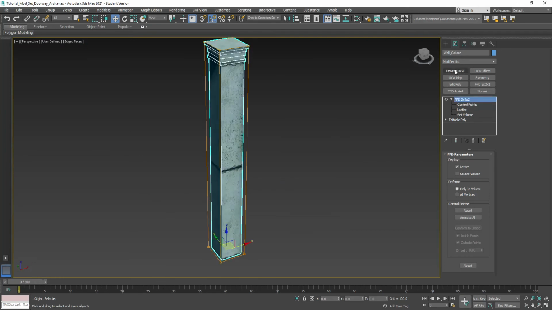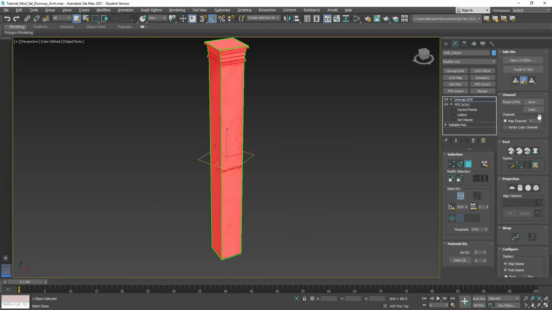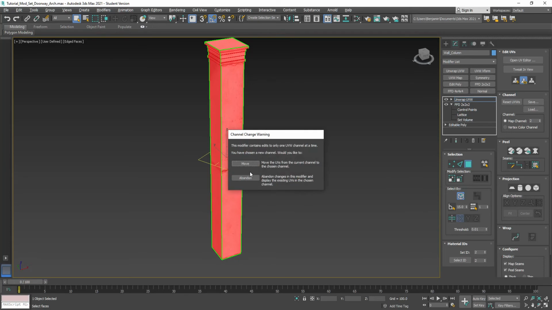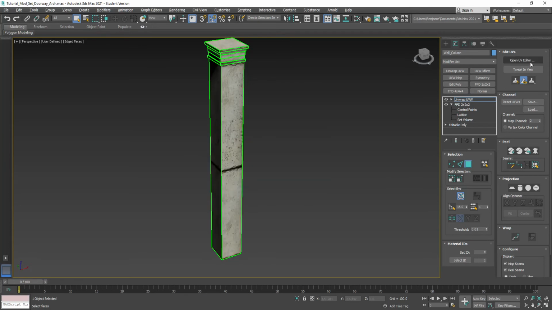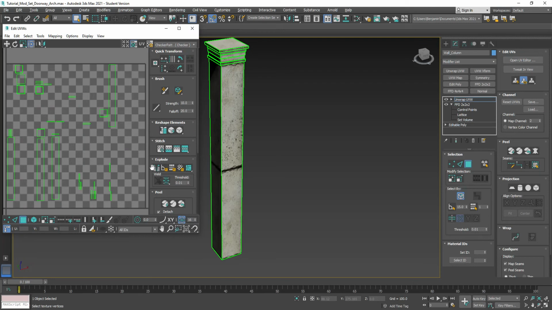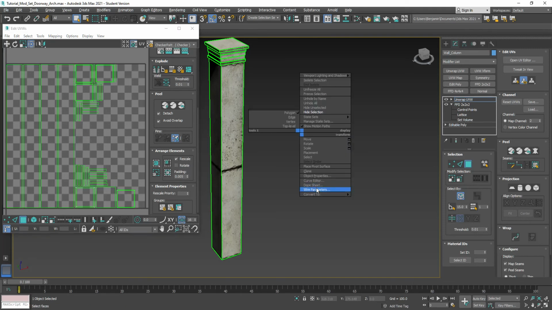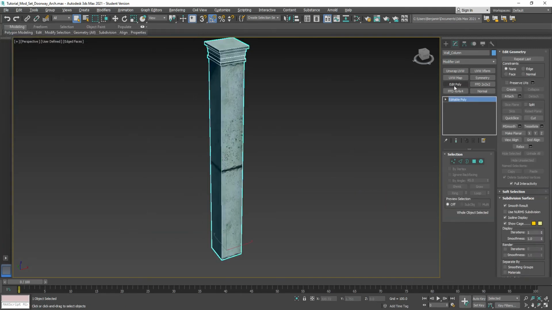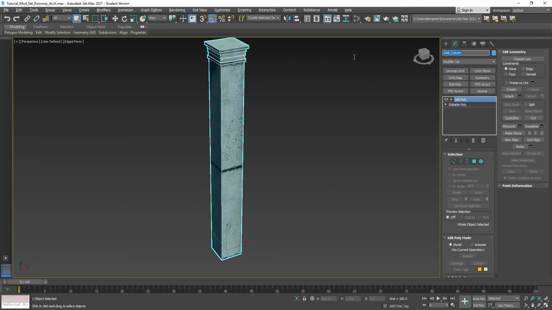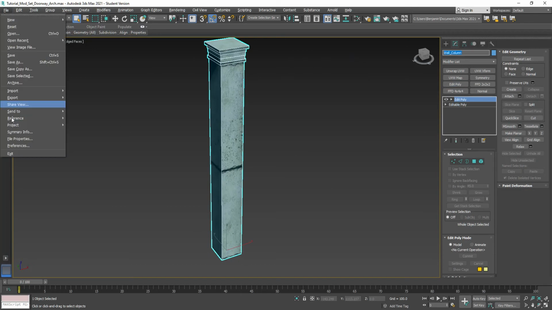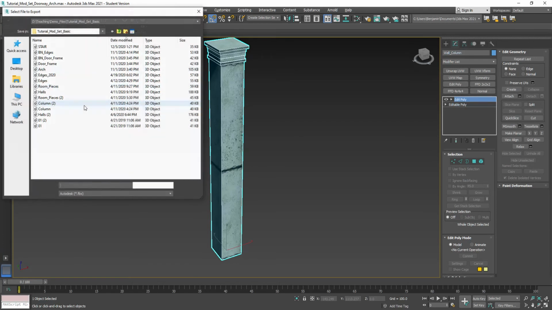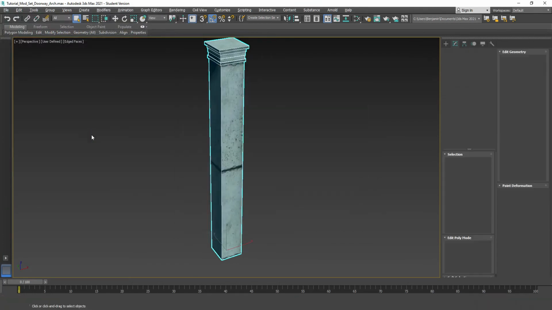and so now we'll real quick go into Unwrap UVW, go to Map Channel 2, and just say Abandon, and then open the UV editor, and I'm just gonna repack all these, adjust the padding to 0.05, and hit Set. All right, right click, say Convert to Edit Poly, put one more Edit Poly on it, copy this name Wall Column,